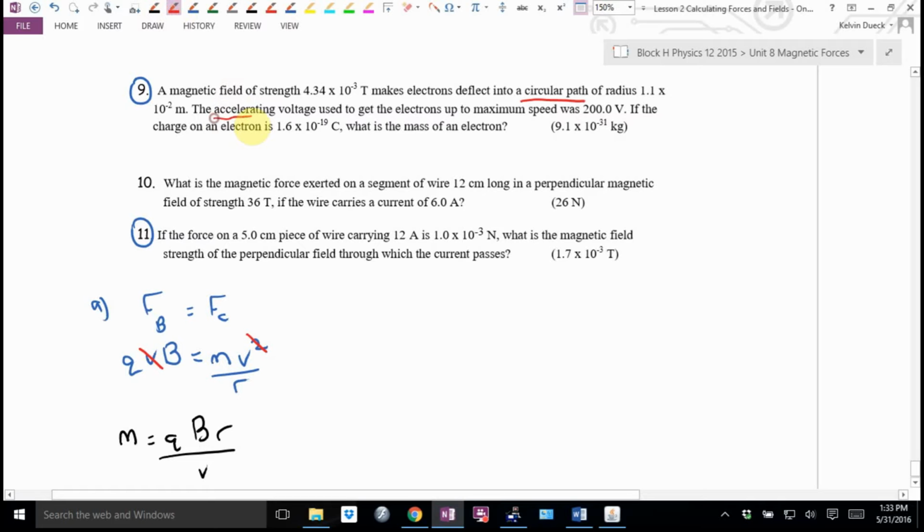Well, they've told me the accelerating voltage. This is a parallel plate question. This is where we said that QV equals a half m little v squared. This is where if you knew the charge and how many volts you sent it through, you could calculate how fast it's traveling. So far, so good? Okay. I'm going to get an expression here for little v. It's going to be Q big V times 2 divided by m